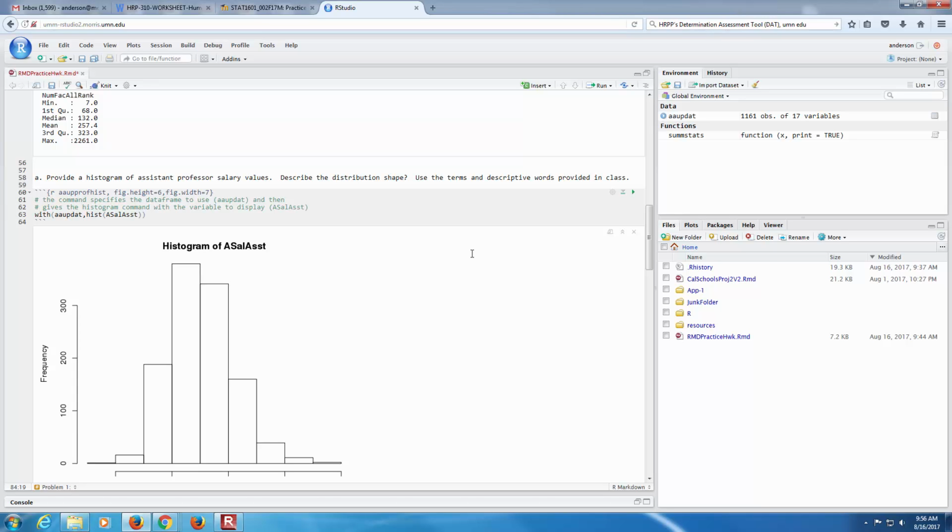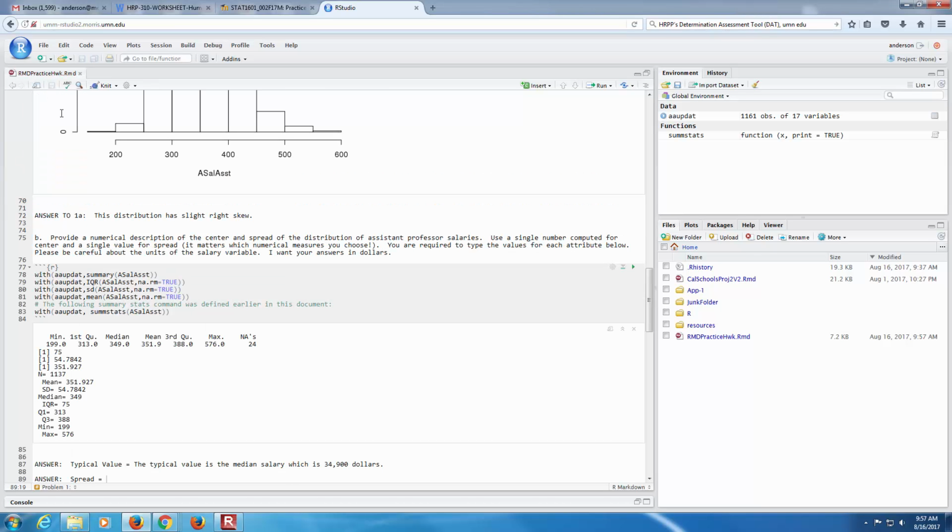When you have finished giving answers and putting answers in this file, you need to create a final version that you will submit for your homework. To do that, go up here to this knit button, click on it, and choose what kind of document you want to produce. I think I prefer that you produce PDF documents. So please click on Knit to PDF, and then